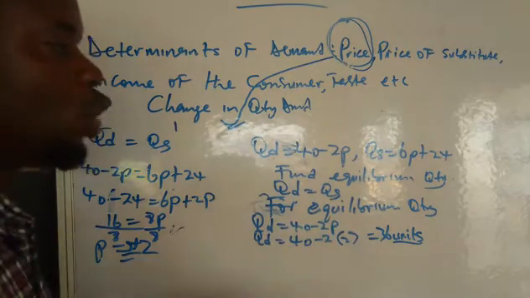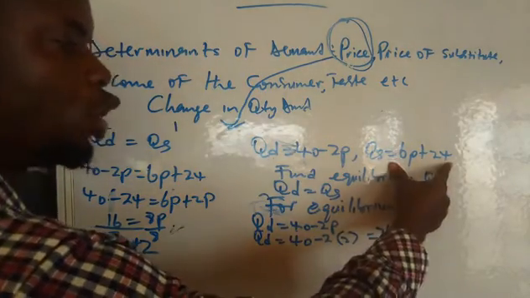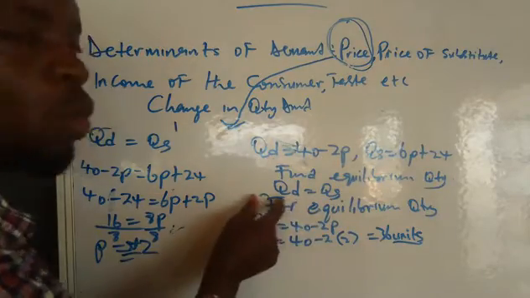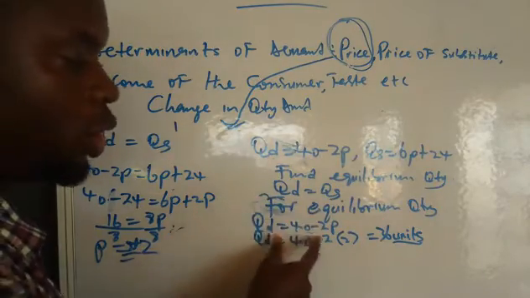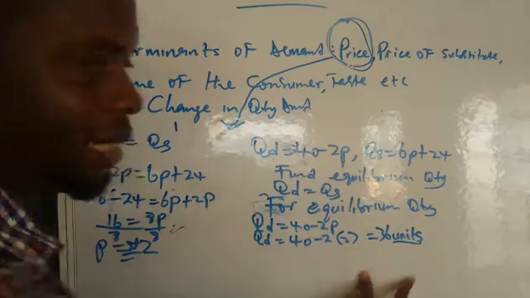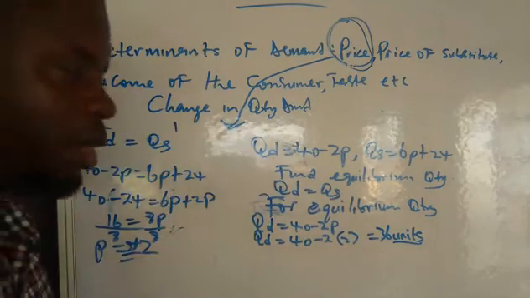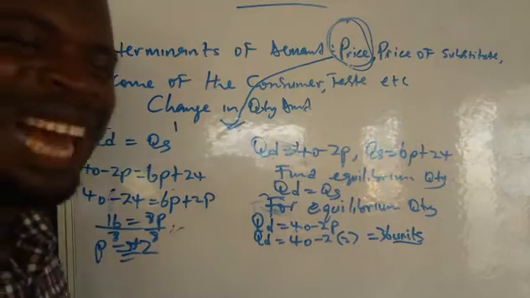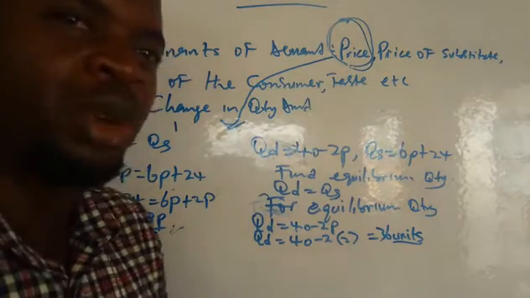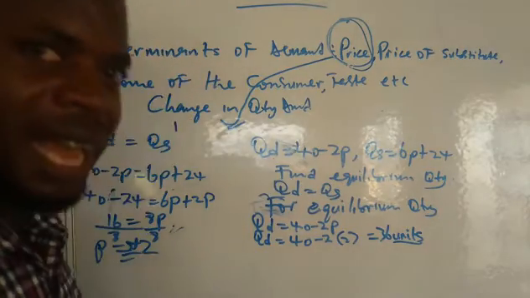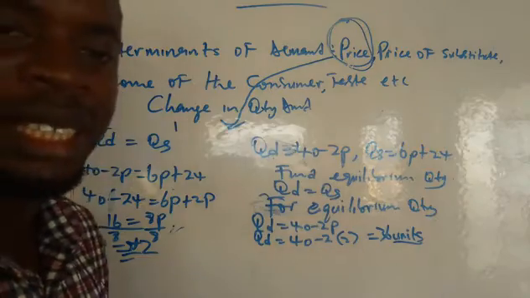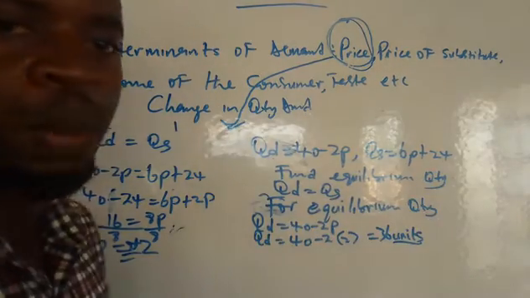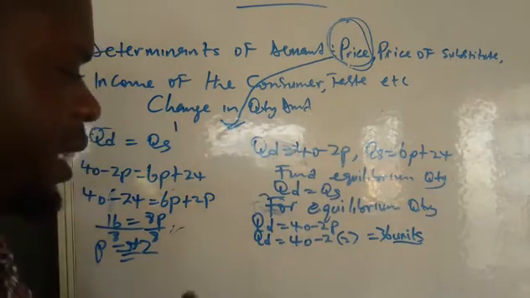Equilibrium quantity. So if you use your supply function, you know I used the demand function here, the equation here. If I use supply, I'm still going to get 36. You can try it. If you do it very well, you are going to get the same thing, 36 units, because at equilibrium, your quantity demanded must equal quantity supplied. I challenge you to do that and see if you get 36 units using this quantity supplied. Now, then again,